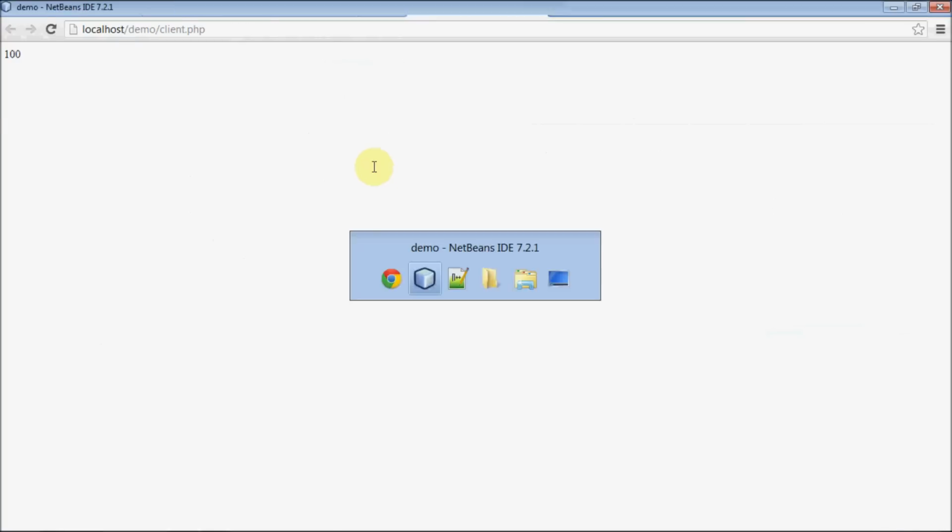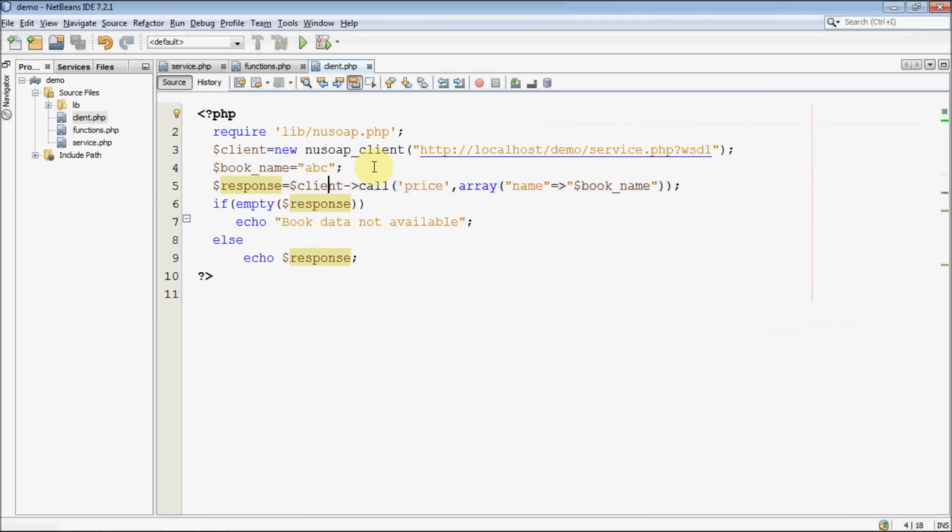One more thing, I think you guys already know about it, but some of the people don't know. When you are using variables, you need to use double quotes. If you use single quotes, it won't retrieve that value. It will give the value as the direct variable name. So let me check this. It will return book data not available.